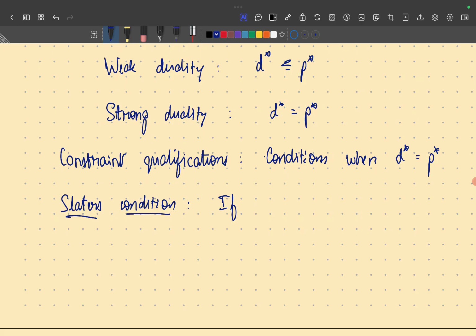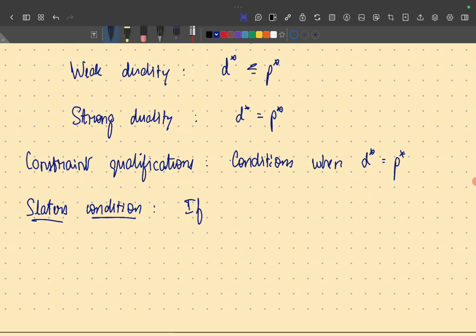So Slater's condition says the following. Of course, it doesn't guarantee that d star is equal to p star, but Slater's condition is that